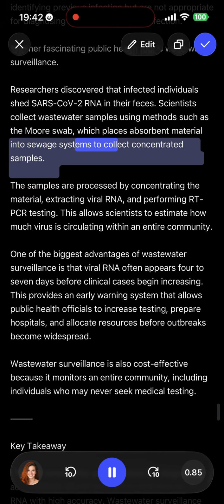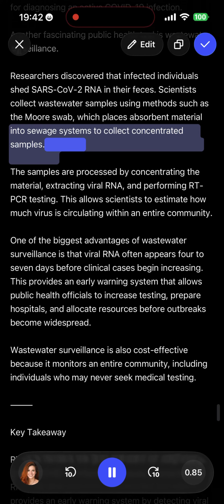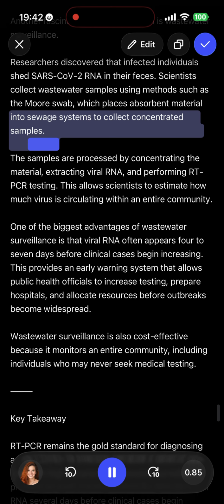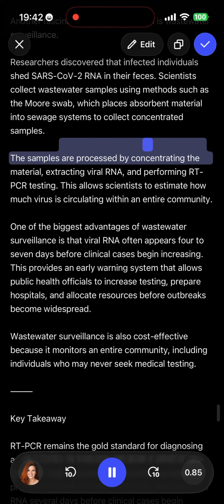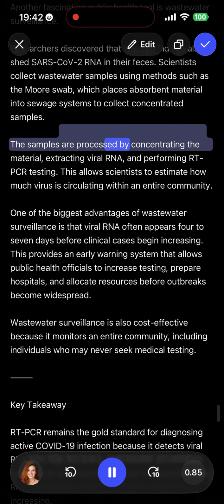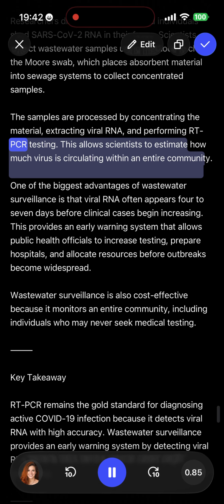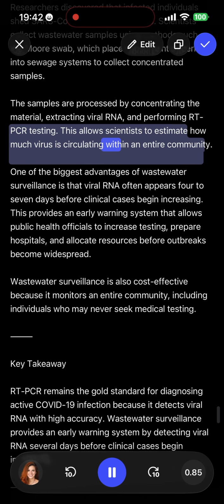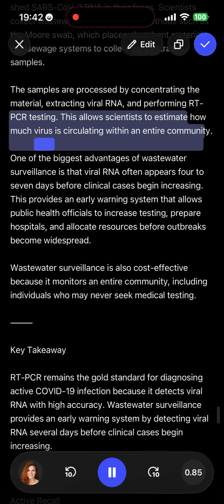The samples are processed by concentrating the material, extracting viral RNA, and performing RT-PCR testing. This allows scientists to estimate how much virus is circulating within an entire community. One of the biggest advantages of wastewater surveillance is that viral RNA often appears 4 to 7 days before clinical